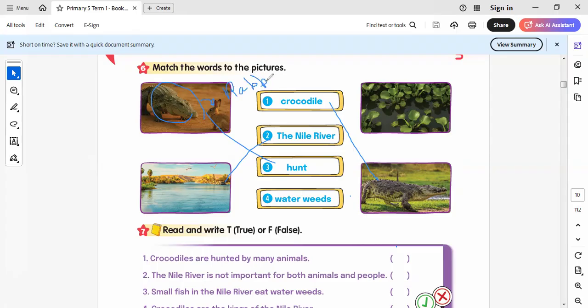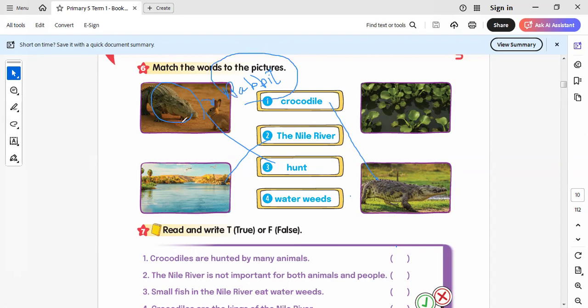I think we took this last year in science. We will take the hunting of animals and how animals depend on each other. We will take it next, in the second term. My daughter took this in science last year. This year she is in grade 6, and we took it in grade 5. So in the second term, we will take in science the animals, and how every animal depends on another one and they eat each other. Okay.